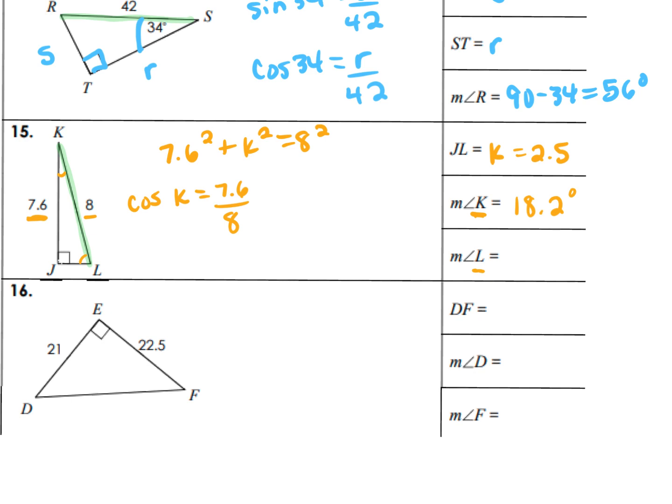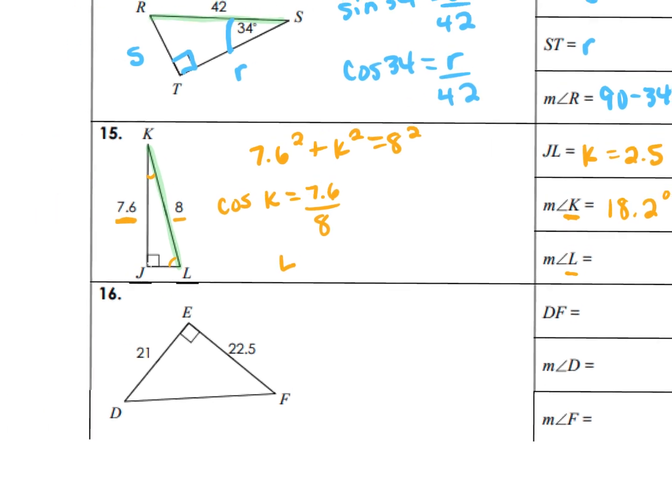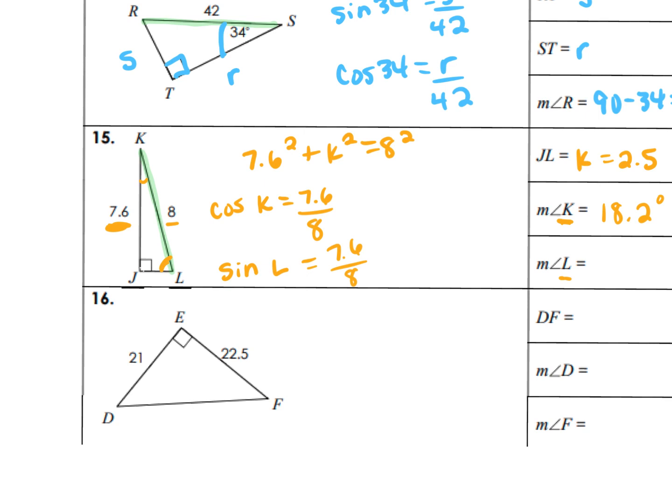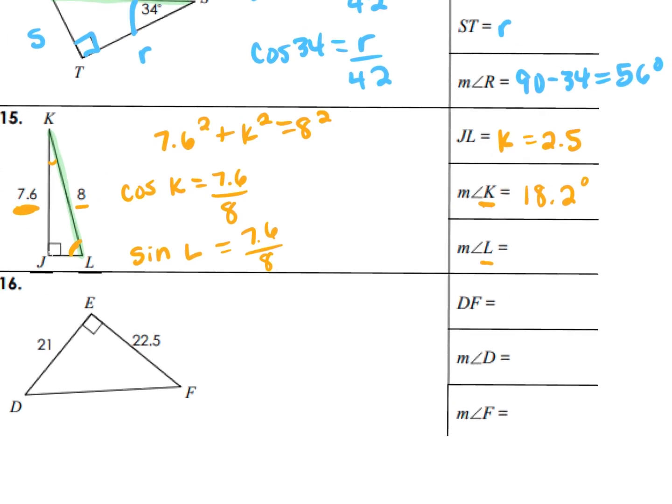Now, we've rounded here. So that's the other reason why we don't want to use that 18.2. We can use it as a check in a minute, but I want to go back and think of L using this 7.6 and this 8 again. I don't want to use that angle measure. So for this angle, this side is opposite, and then we have a hypotenuse, so that would be a sine of L is equal to 7.6 over 8. Inverse sine of that, and you should get